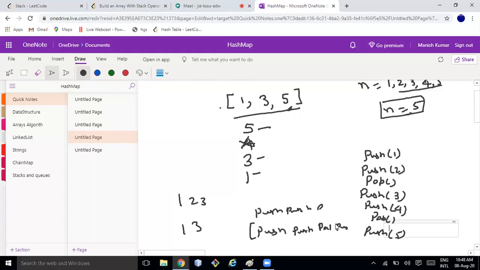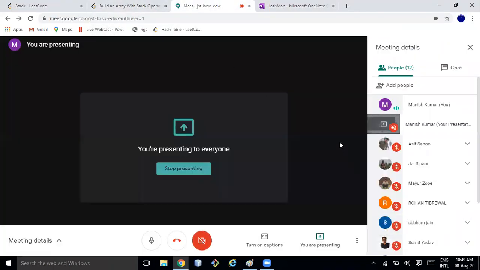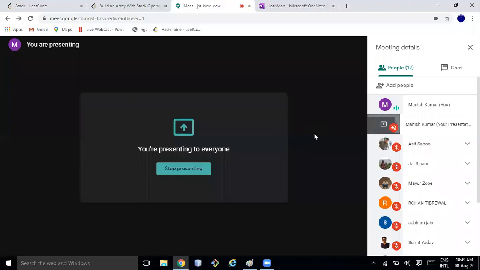So you need to create output something like this, a list of strings with the operations, what all operations have been done on the stack to get this result. I hope the question is very clear to you. Okay, give it a try. It's 50, right? We'll start at 11.